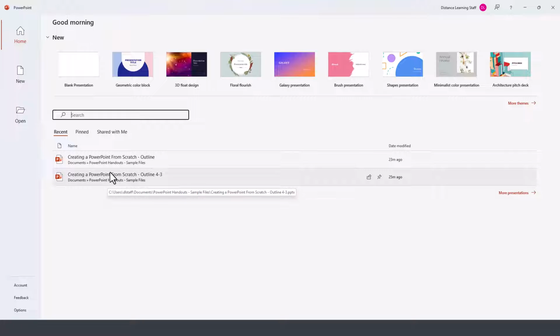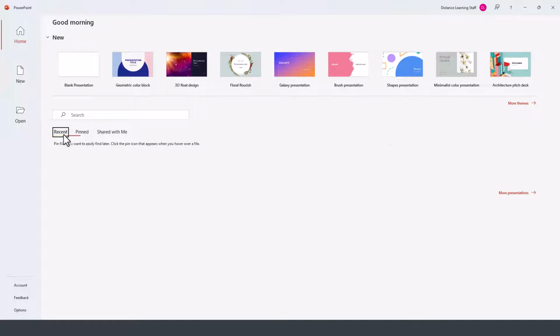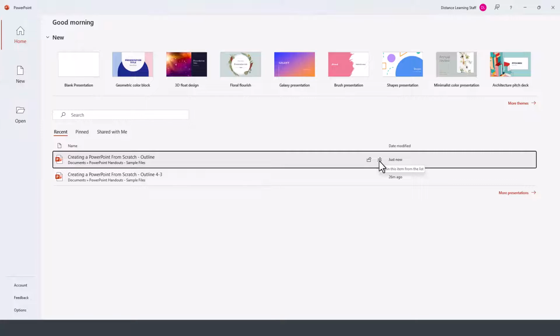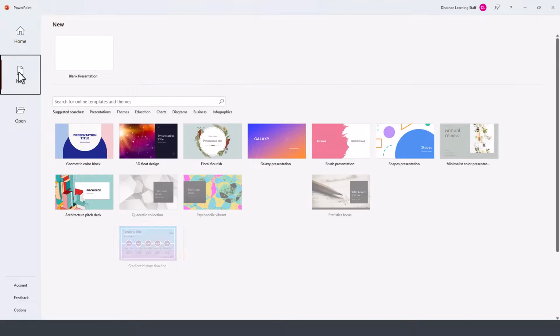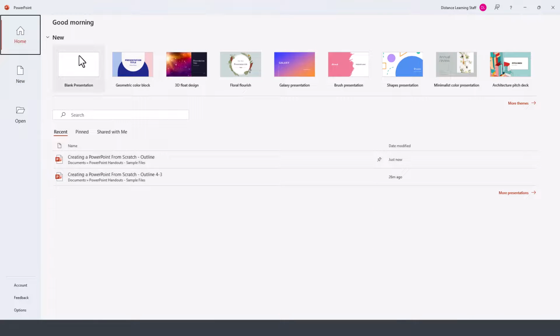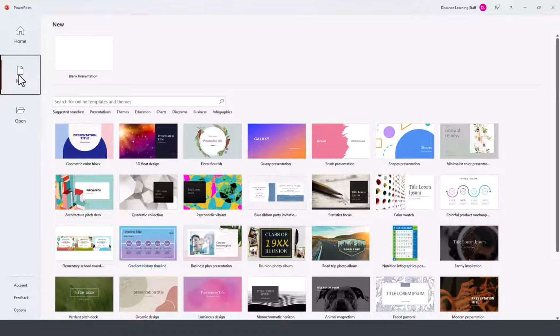that I have used, and under Pinned, this is where you can have particular PowerPoints that you want to show up every time that you open PowerPoint, by clicking on this little icon next to one of your presentations. Now, under the New tab here on the left, this is where you can select whether you want to start a new presentation or whether you want to use a new template from Microsoft. So the Home was a little bit more streamlined version of the options that are presented here under the New